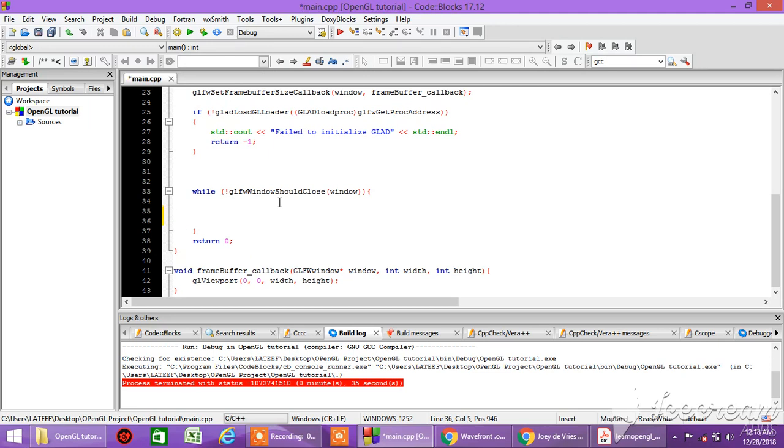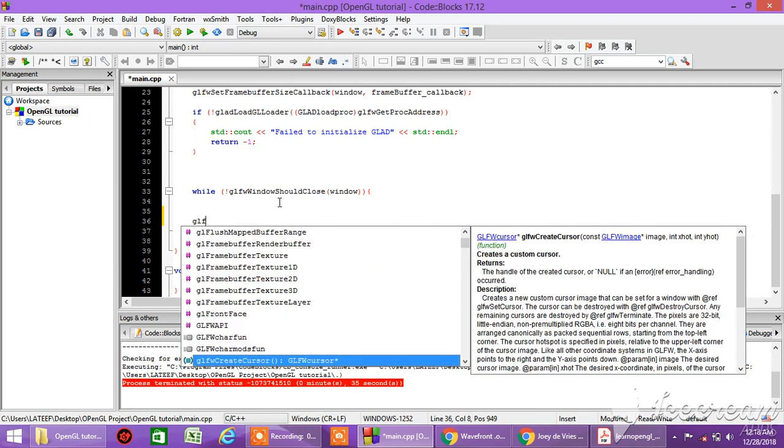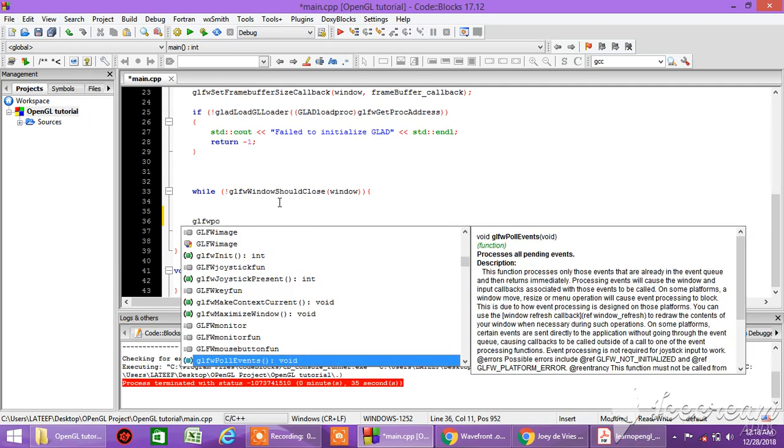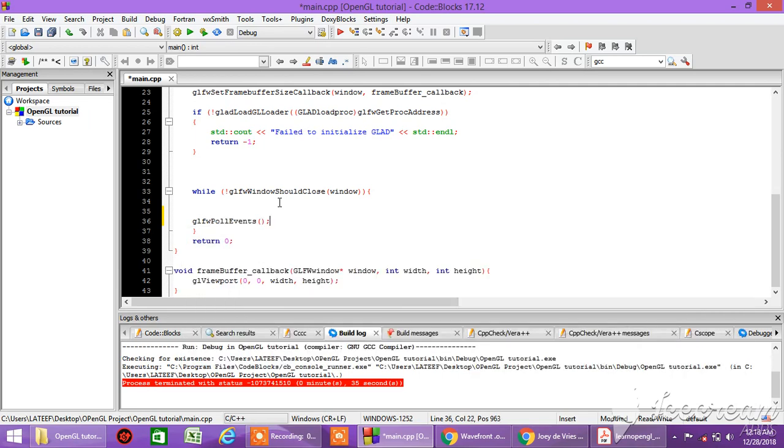So let's create something here. The glfwPollEvents, I'm going to explain it. glfwPollEvents, don't forget your semicolon. Now the glfwPollEvents function checks if any events are triggered, like keyboard input or mouse movement events, and updates the